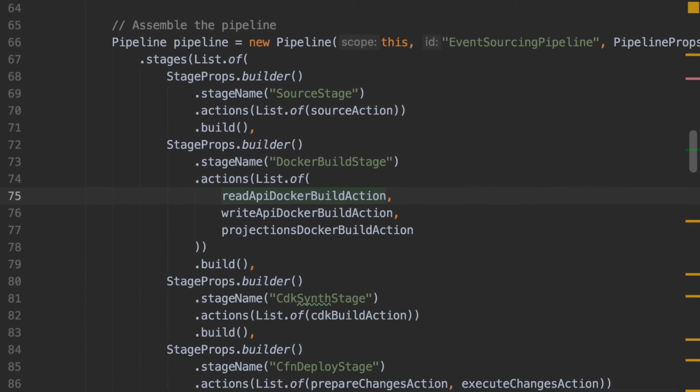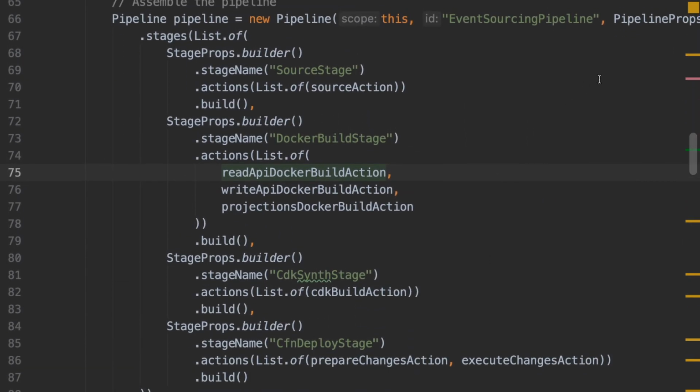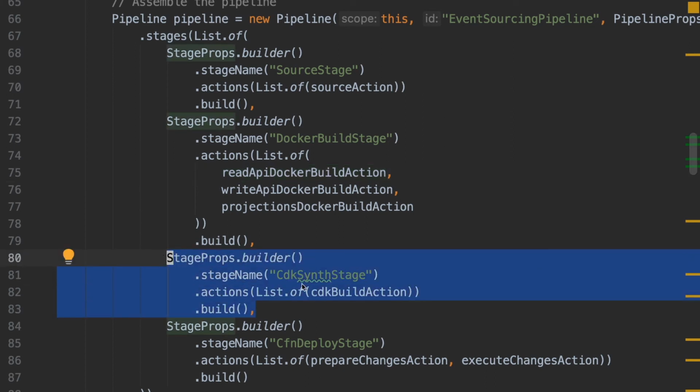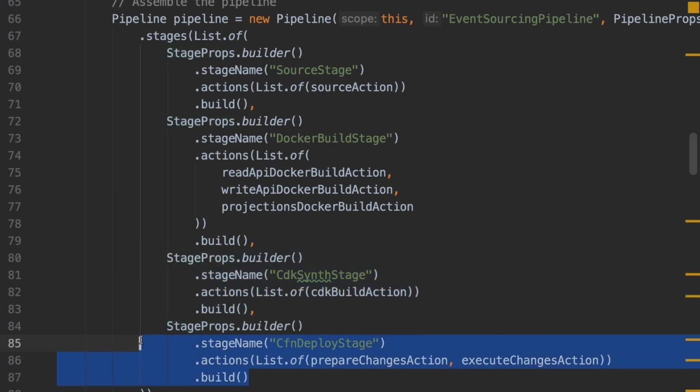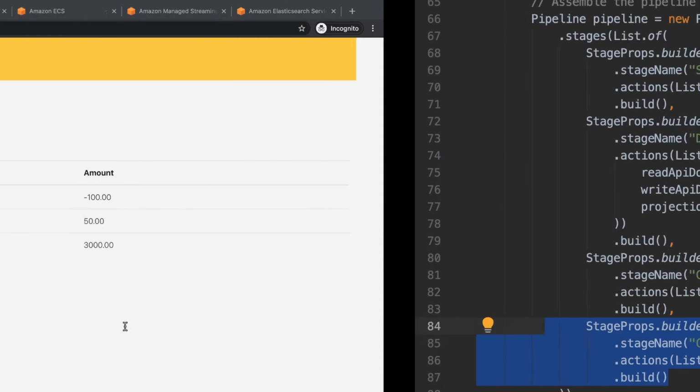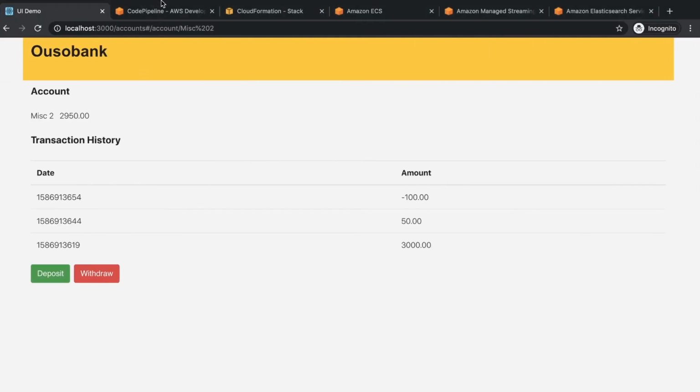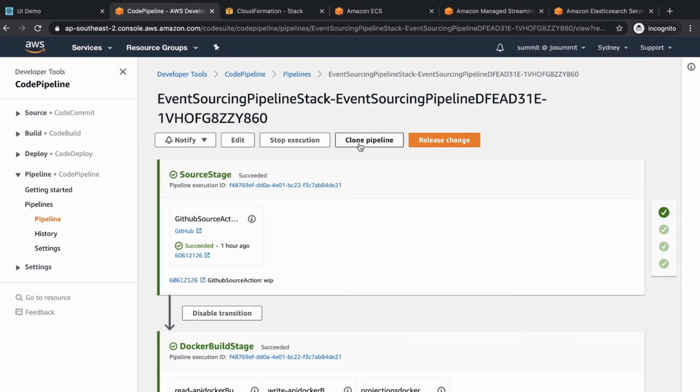So I've got a pipeline definition here in code that has a source stage, a Docker stage that goes and builds my containers, publishes them to ECR. And then I've got a stage that takes my infrastructure definition, turns that into a CloudFormation stack, and then I've got the CloudFormation deployment stage. So we'll have a quick look at what that looks like in the AWS console. When I deploy that pipeline definition using CDK,